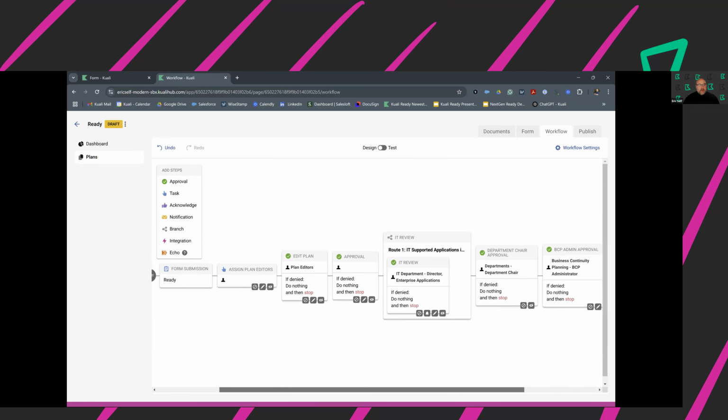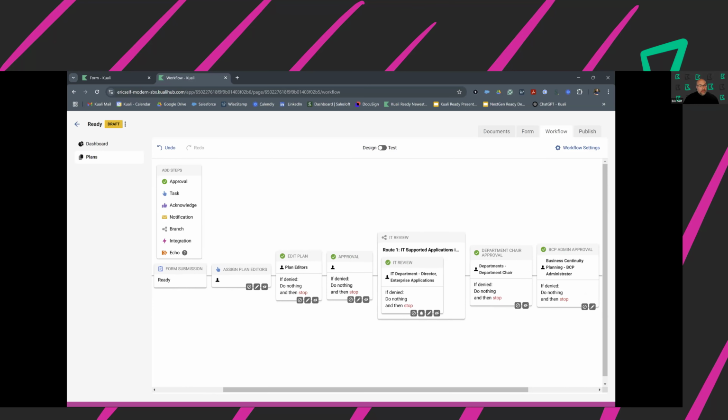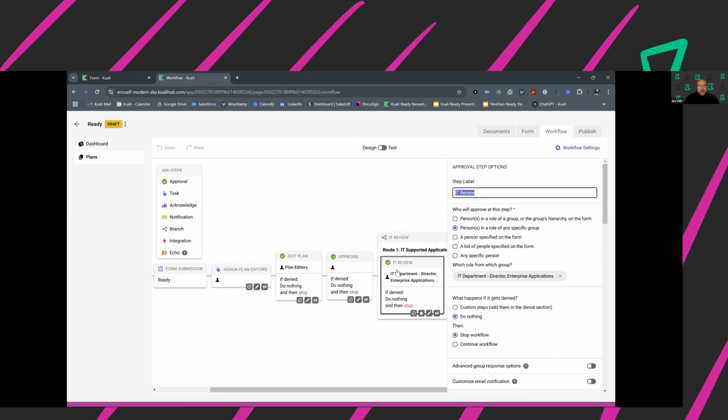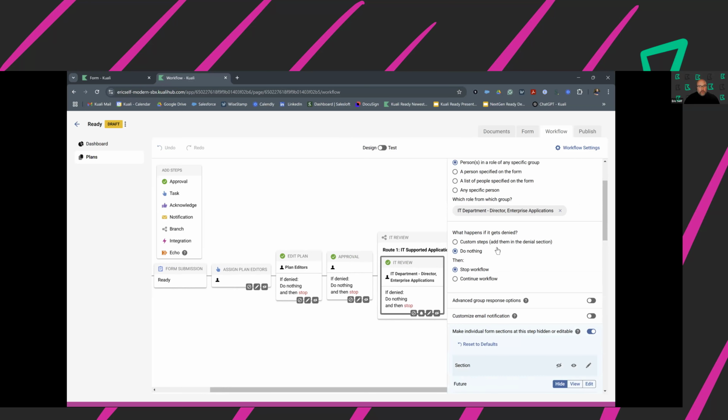So this workflow gives that visibility into where the plan is, what it's doing, how much of it's been filled out, because at every step of the way this is being configured. So the IT review section, basically I'm saying, hey, IT is going to review this if they answer any IT questions, because that's all they really care about.